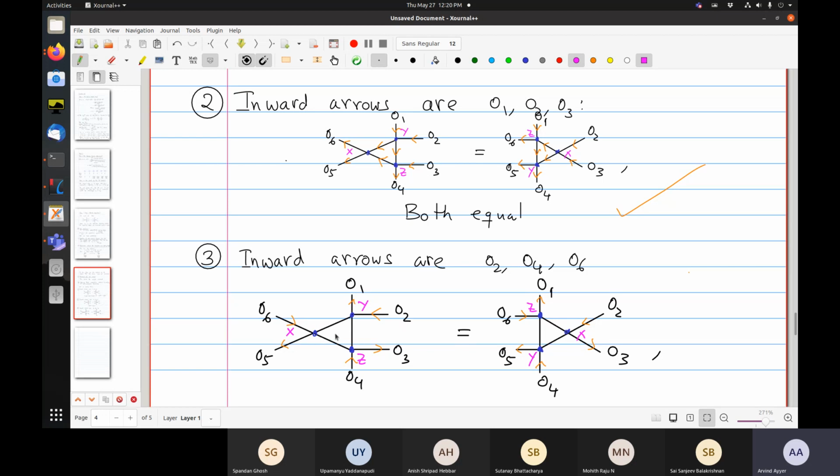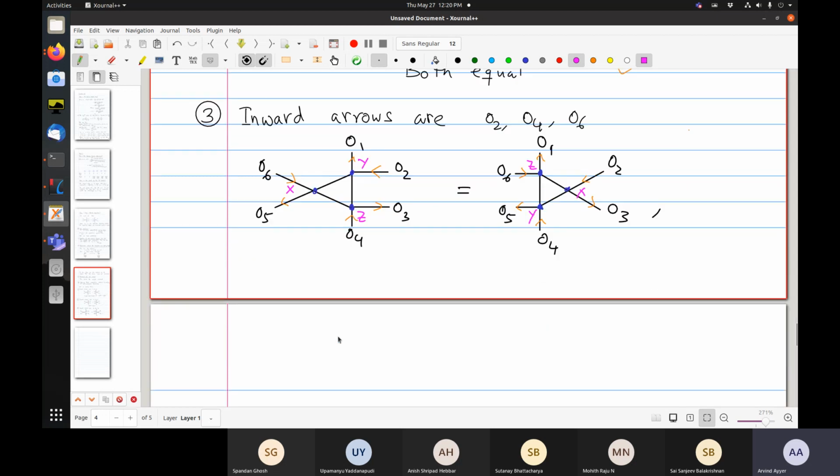So one possibility. I'll use one color on one side of this edge and the other. Let's pick one direction. Let's say this is going in this direction. Then this is forced because I have two incoming, so I need to have two outgoing. And now this is forced because I have two incoming, so I need to have two outgoing, and that should verify this. So yes, I have two incoming, two outgoing.